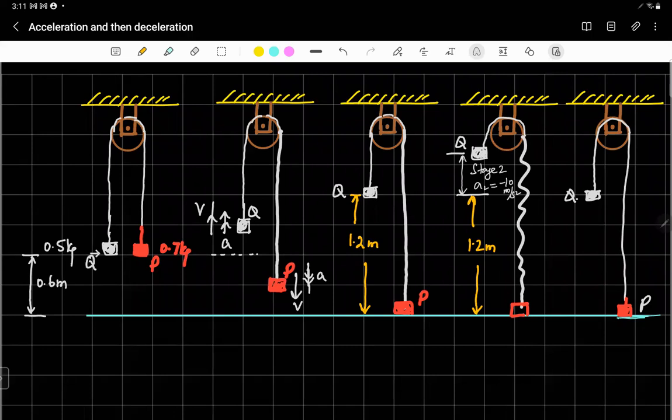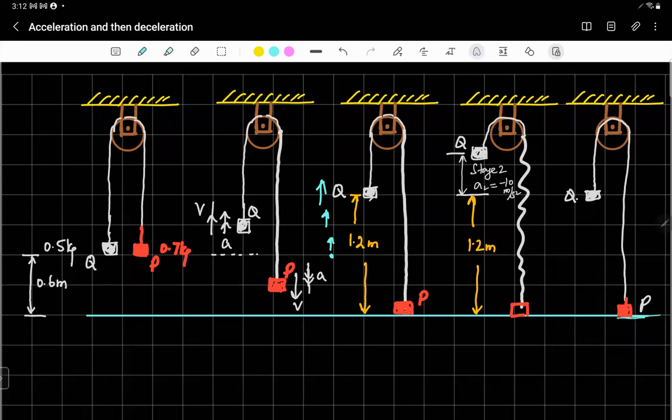One is moving up a distance of 0.6 meter. In that stage, Q was accelerating in the upward direction. Its velocity was increasing, like this. And its velocity was maximum when it traveled a distance of 0.6 meter. And then when P touched the ground,